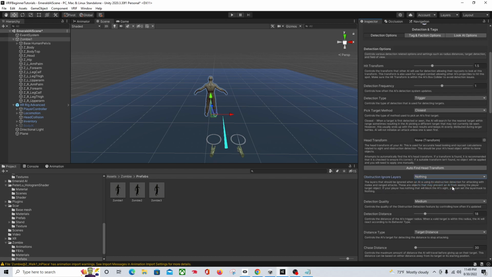It even tells you can switch it to nothing. The layers that should be ignored when an AI is using obstruction detection for attacking with melee or ranged attacks. These are objects that may prevent an AI from seeing the player or target object. So if he's on the other side of the wall, so if you had a wall layer, he wouldn't be able to see you, I guess is what that is. Usually I just have these guys out in open areas. But anyway,